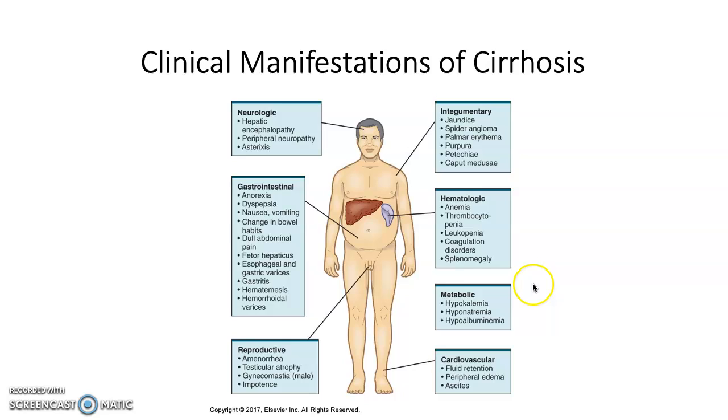So, like I was saying, in the advanced stages, the liver becomes small and nodular, and it just really isn't functioning well, and the liver function is dramatically diminished because of this. There's an overgrowth of